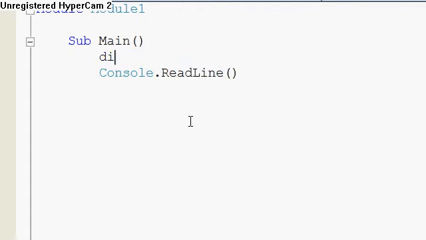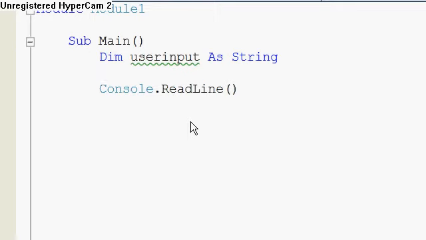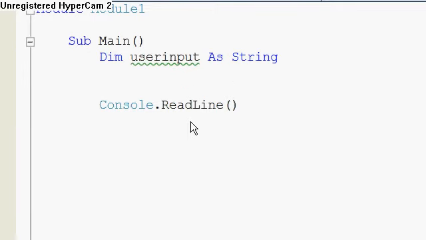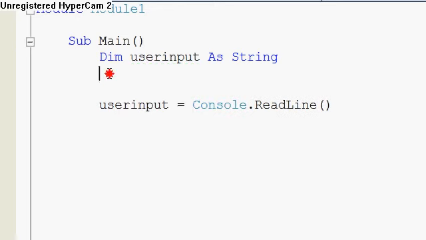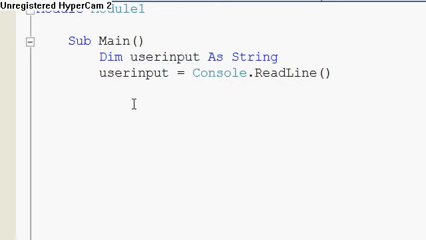I'm going to call this variable simply user input. Long variable name, just trying to be clear here, okay? And I'm going to save this as a string, okay? Now, let's say I want the user to enter some sort of information on the screen, right? So I'm going to say user input equals console.readline, okay? What this will do is whatever the user puts on the screen is going to be put into this variable